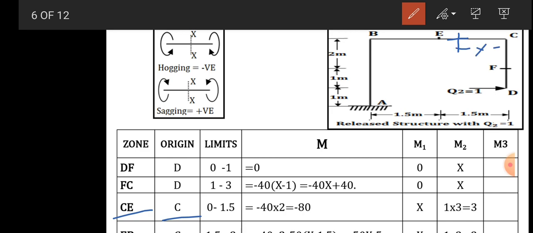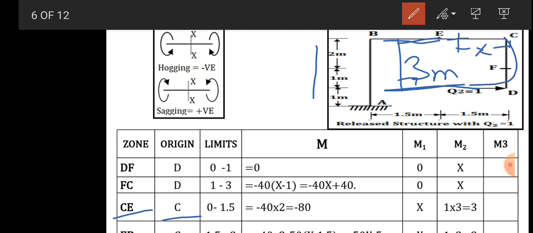So this is drawn at a distance of x with respect to origin C. Now look at the forces on the structure toward the origin side. So the force is only one, which is horizontal, so you have to consider the horizontal imaginary axis and find the lever arm between these two. The lever arm is nothing but the length CD, which is 3 meter.